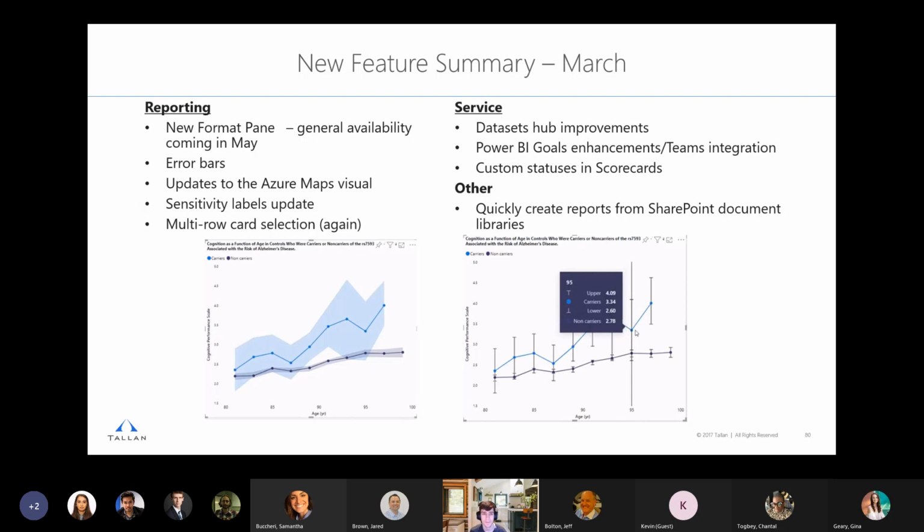There were a number of updates to the Azure Maps visual in March. So these updates were kind of meant to bring the Azure Maps visual in line with the filled map and the shape map visuals that are also available in Power BI. So the first change here was the addition of geocaching. So Azure Maps